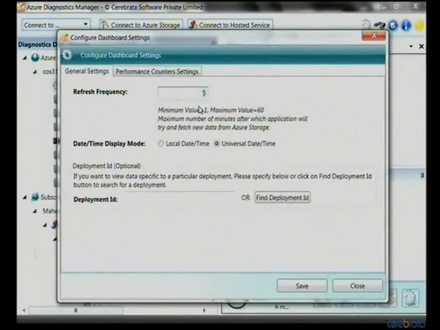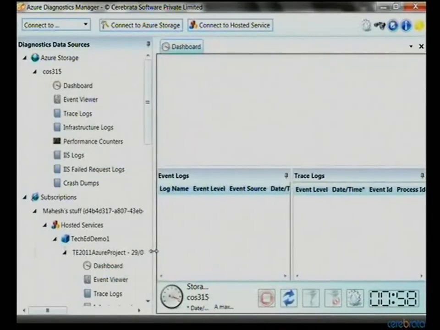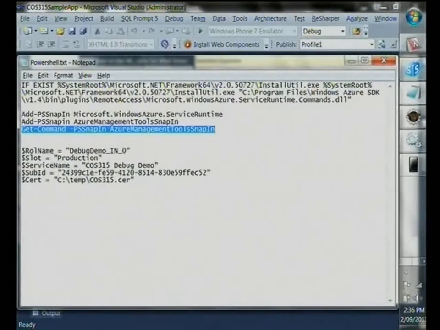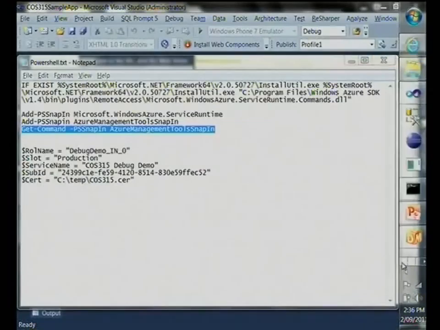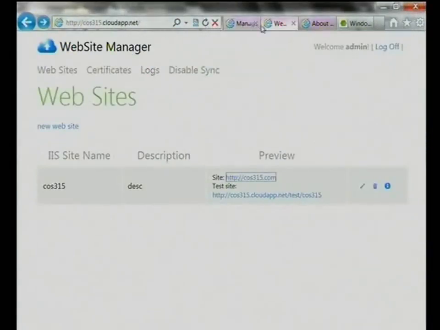And you can say, well, I want it to refresh every minute or so. And that basically displays all the trace logging information. This application doesn't have that much information, so we can actually start generating some. So remember that little web app that I showed you before? Let me see if I can go back to it.